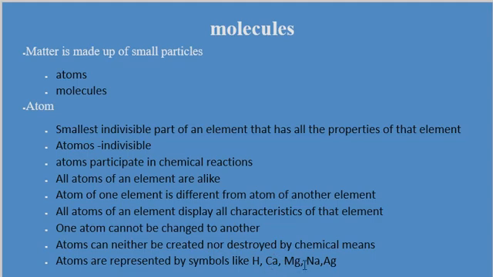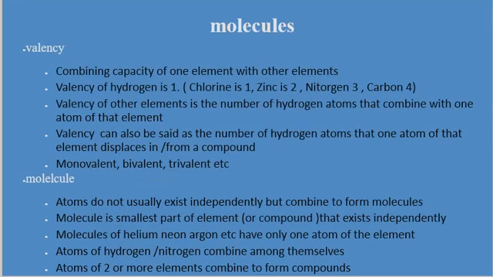Now if two continuous letters, Ma, cannot be used, then they use the Latin words: Mg, magnesium; sodium, Na; silver, Ag. So they use either the English word or the Latin or Greek roots, and then they use the first two alphabets, or one and then a unique alphabet, or a single alphabet, whichever is available to uniquely represent that particular element. It is called the atomic symbol of the element. Atoms are represented by symbols. These are the symbols of the elements. In the previous class, we would have also studied the periodic table, where all the elements are arranged in the form of a table depending upon what type of element it is.